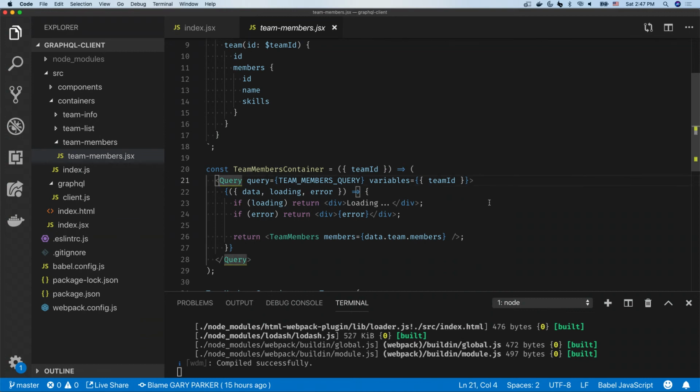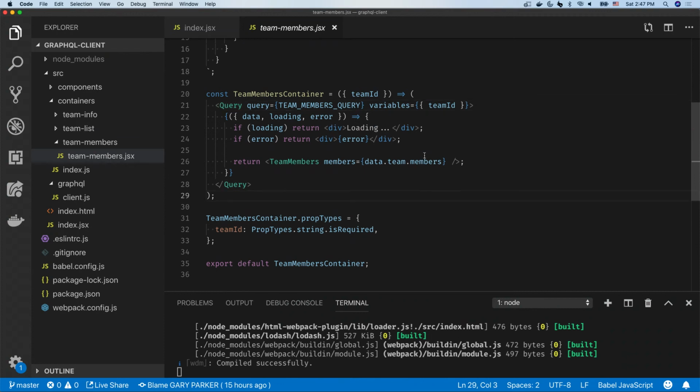This is how we actually execute it. There's different ways to do this as well. This is Apollo's recommended way of executing a query. I'm not a huge fan of it, if I'm honest, but it is highly declarative. I'll give it that. But essentially what we have here is a query component that's going to take that query defined up above as an argument. It's going to take the variables as an argument,